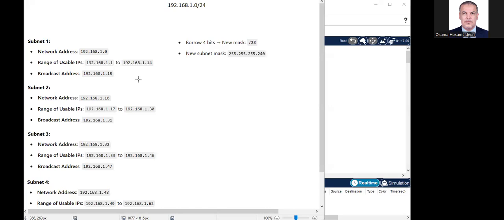Today we will make subnetting by using DHCP. In the previous session, we learned how to make subnetting, but manually. Manually means we go to each computer and we put the IP address and the subnet mask. But this time we are going to start with making subnetting and use DHCP to automatically assign IP addresses